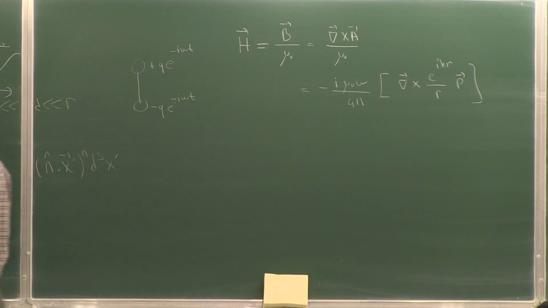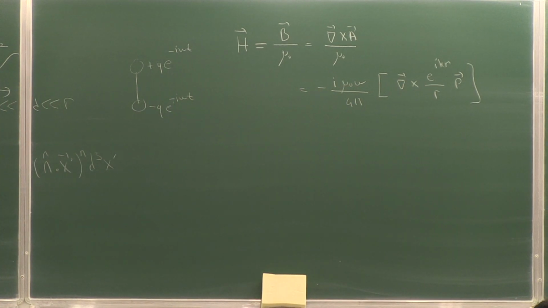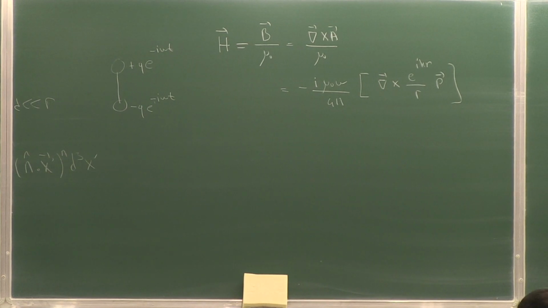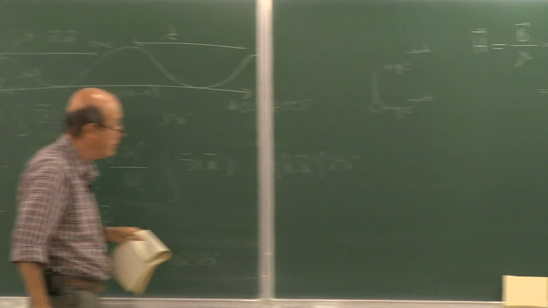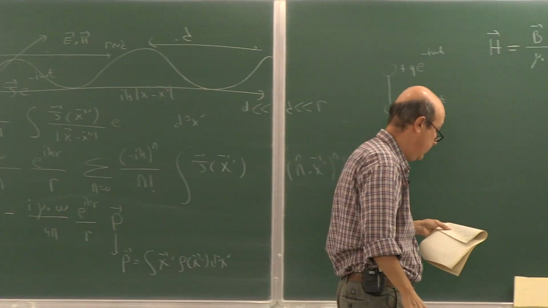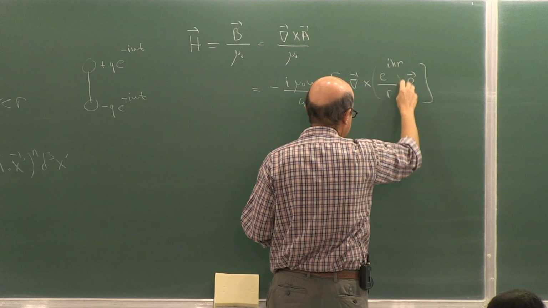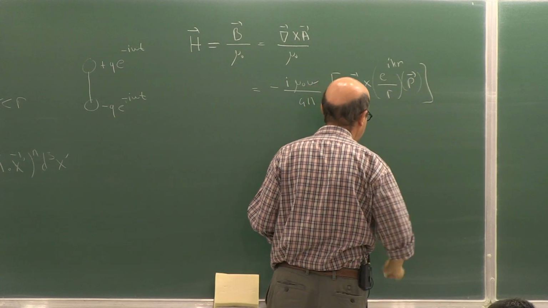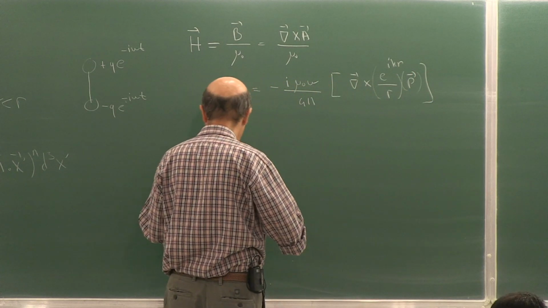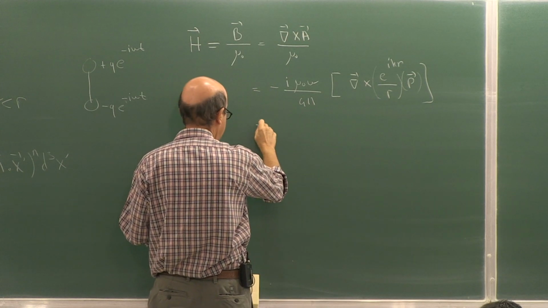The electric dipole moment actually is a constant vector when you integrate through the whole space of the charge densities. So this is nothing but the curl of a scalar function times a vector, and that is equal to